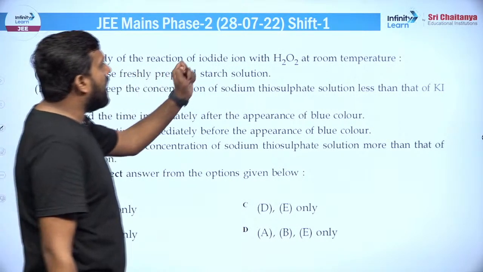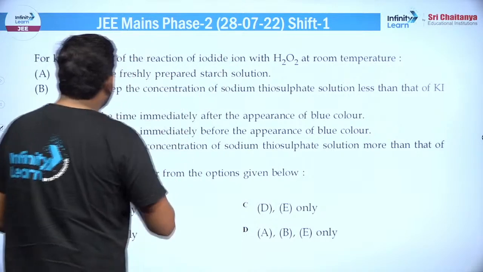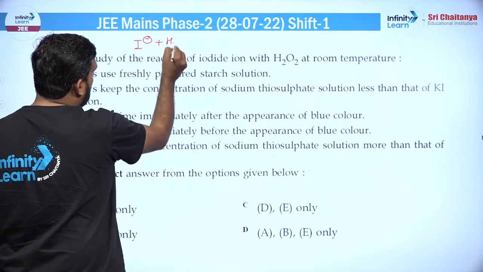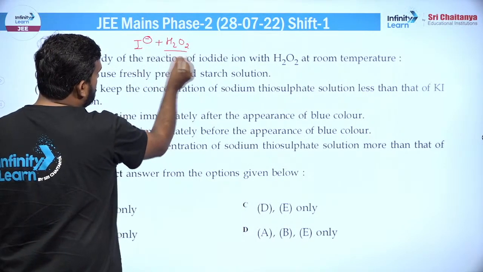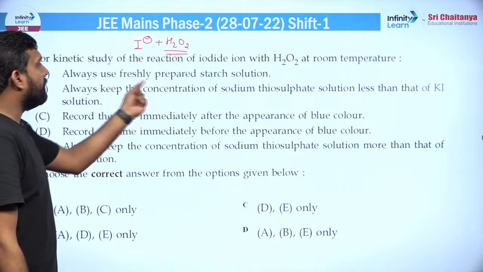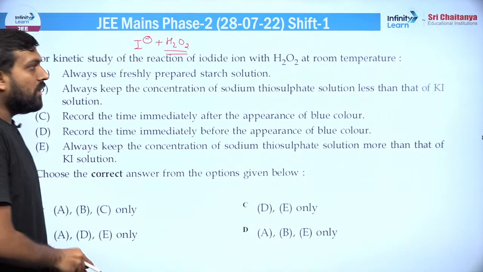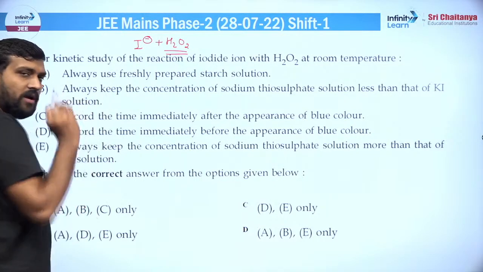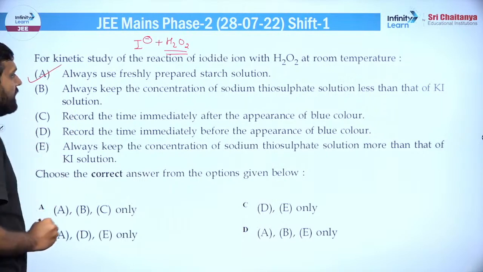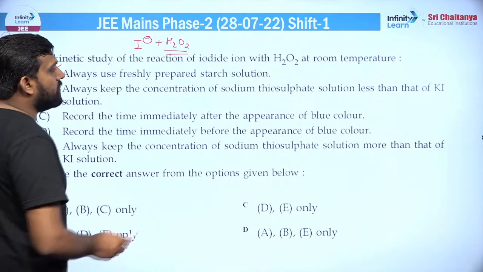अगले क्वेश्चन पे आते हैं, फॉर काइनेटिक स्टडी ऑफ द रिएक्शन ऑफ आयोडाइड आयन विथ H2O2, ठीक है, तो ये वही वाली रिएक्शन है जो ये काइनेटिक्स की स्टडी करते हैं, इसकी रिएक्शन इससे करा के, टाइट्रेशन वगैरह स्टडी किया जाता है जनरली, एट रूम टेम्परेचर। ऑलवेज यूज द फ्रेशली प्रिपेयर्ड स्टार्च सोल्यूशन, बिल्कुल सही, क्योंकि अगर आप पुराना करोगे तो आपको रीडिंग्स में दिक्कत आ सकती है ड्यू टू ऑक्सीडेशन ऑफ स्टार्च, ठीक है।